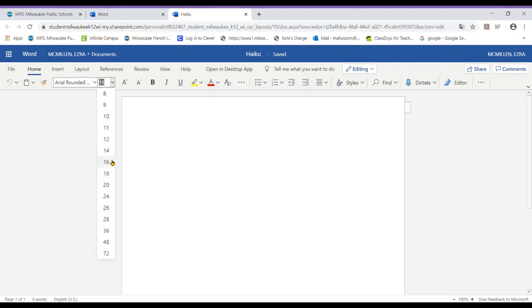I would recommend using at least 16 or 18. Now, I'm not going to take the time today to write out a haiku, but that will be an assignment we will be doing at some point in time, probably this week. For now, I just want you to be able to find, change the name on, and change the font on a document,